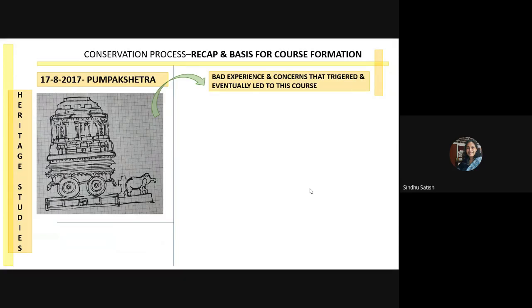The same family, we met outside, and they were trying to buy something which was of heritage value, and then they were going on bargaining, and they pulled out everything. Finally, they bought nothing, and after that they went to a food stall, and they were literally splurging money over the food so much, and they had to bargain so much over this heritage value, and yet they did not buy anything. This also kind of stayed with me for a long time. And these two experiences made me really think as to what can I do, particularly to bring in awareness.